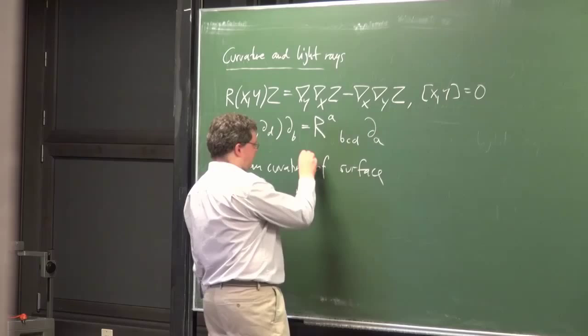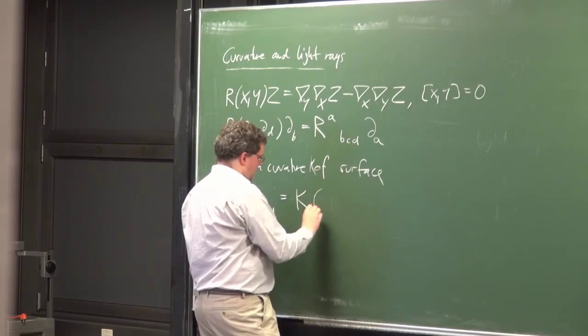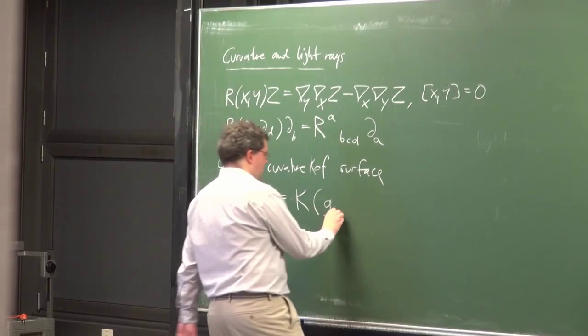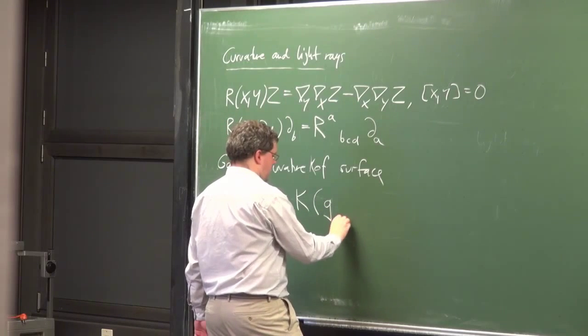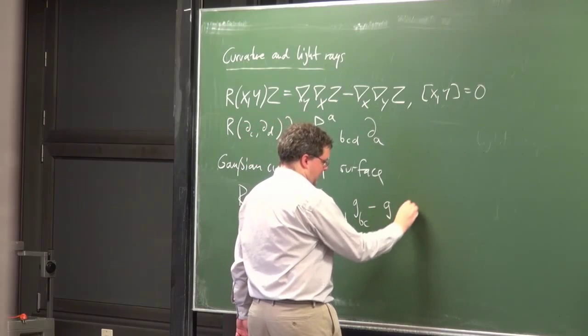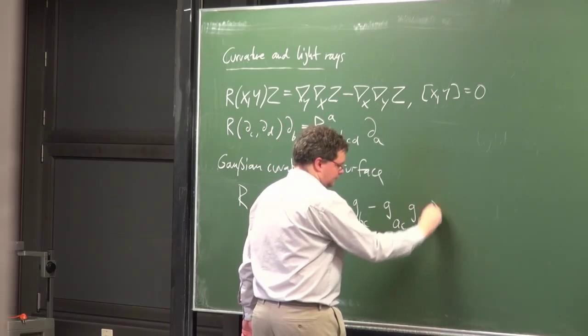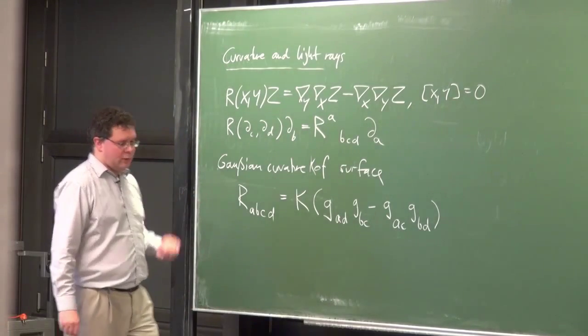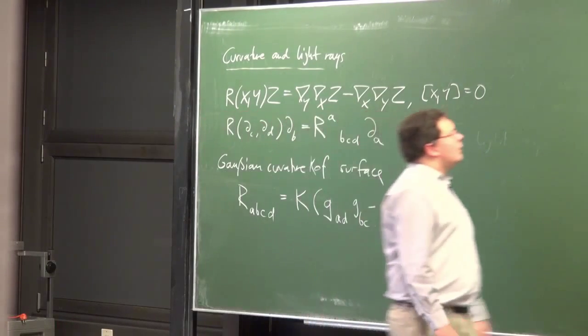It's K, Gaussian curvature K, times, now we have to respect the symmetries, G_{AD} G_{BC} minus G_{AC} G_{BD}, like this. And that's the Gaussian curvature. So